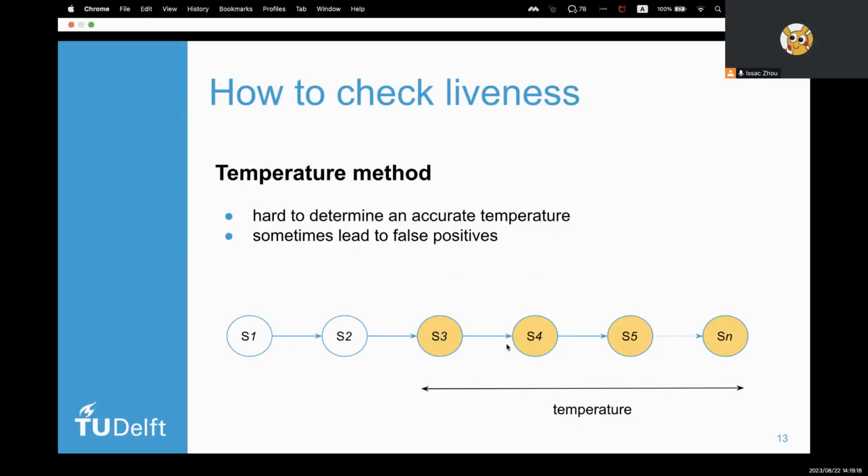If a system stays in hot states longer than a specific temperature value, it will report a liveness violation. This method still requires us to set a specific temperature bound and may lead to false positives.